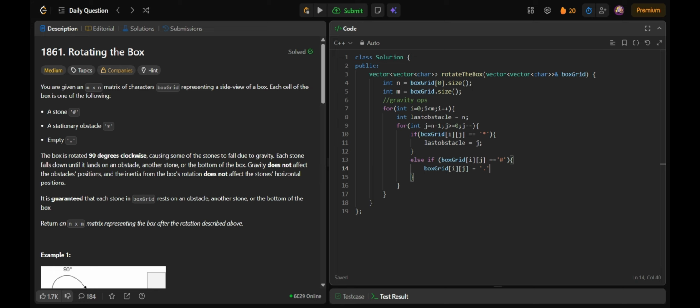Wherever I found the stone. And the stone is going to fall at one position less than the obstacle. So my box grid of the same row, but last obstacle minus 1, will be filled up with a stone. And now my last obstacle value would be changed to last obstacle minus 1 only. Okay, because that is the new position of my stone.